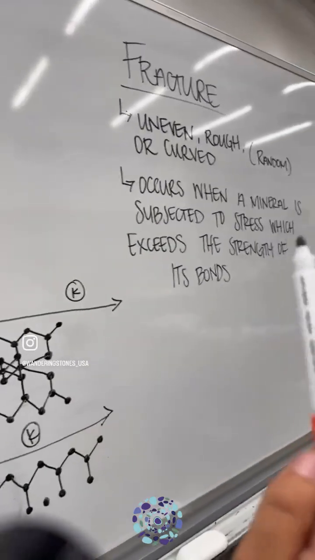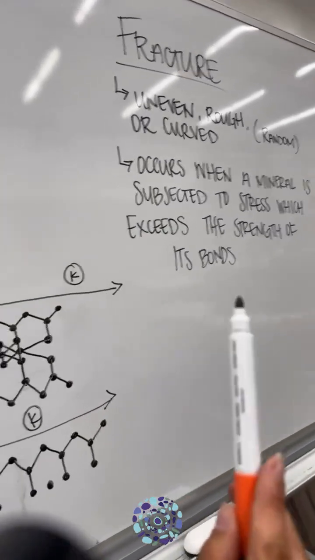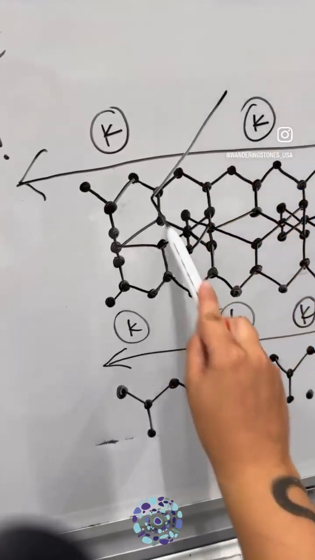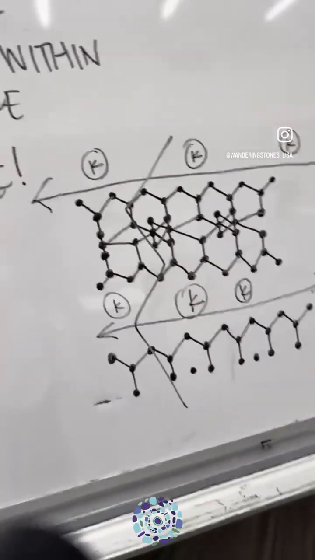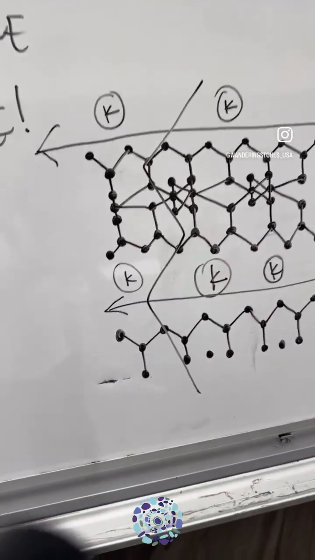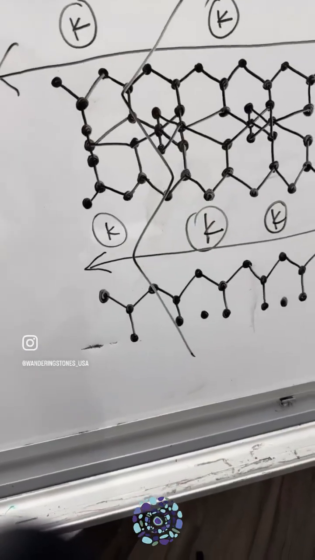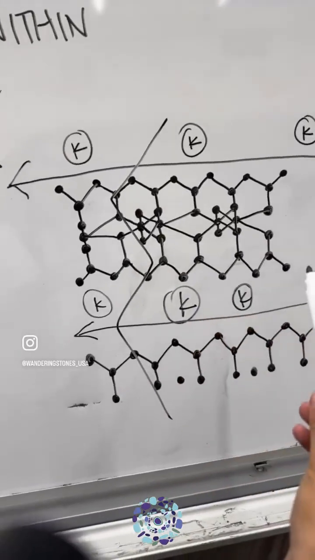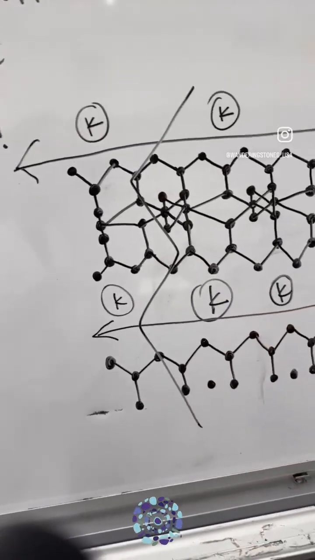But fracture, because it is just stress-related breaks, fracture would happen some way like this. Because there's no way to tell the consistency of the stress at hand, it's just going to be random breaks like this, and that just occurs when the stress is too much for even the strong bonds